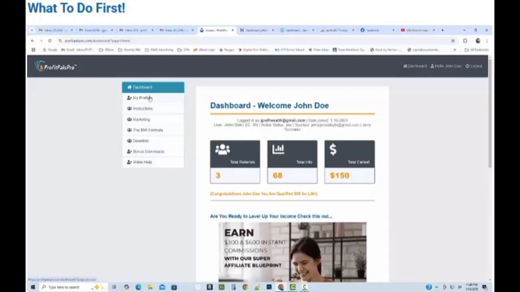And this video is basically just to show you how to set up your account profile. And so as soon as you log in, you'll be shown the dashboard, which basically says welcome to your name. You're logged in as, and then your email that you signed up with, the date that you joined, the user, which would be your name, the ID, the active status, which is yes,